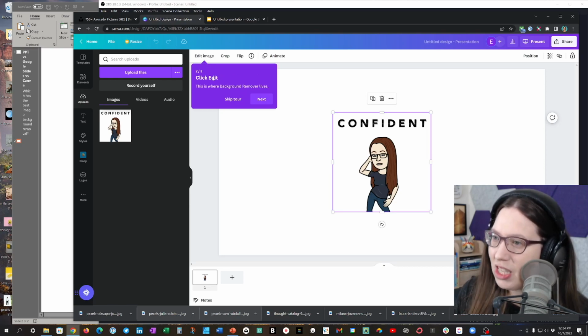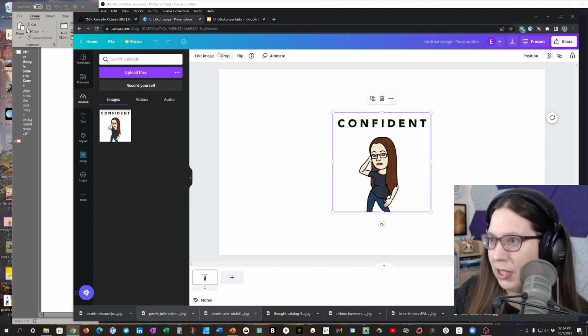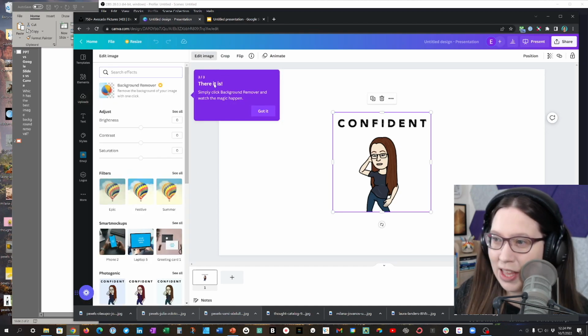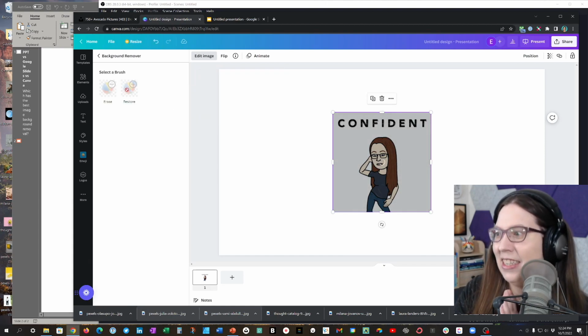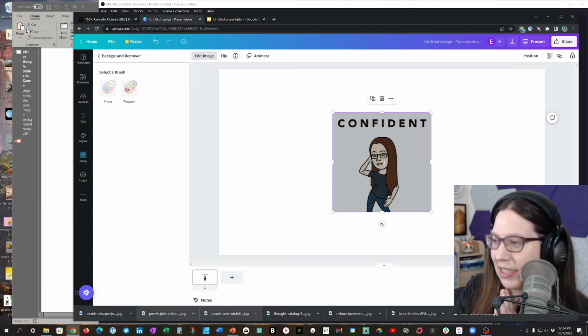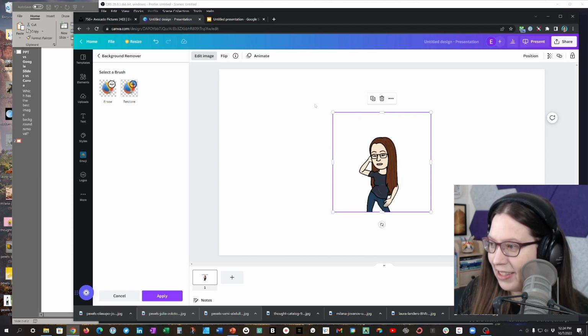So it looks like you just click edit image. So I will do that. And then, oh, there it is. Simply click background remover and watch the magic happen. I love watching magic happen. I'm so excited. Background remover. All right, so it's taken a while actually, which is fine if it actually works, right? And okay,